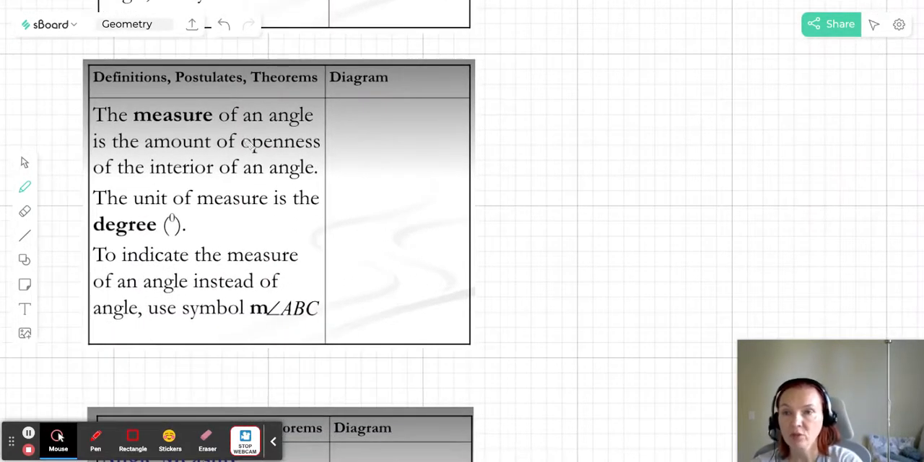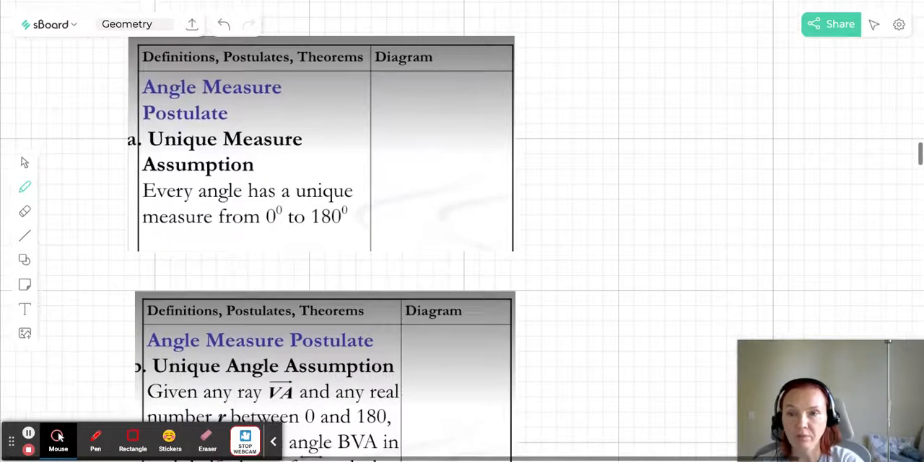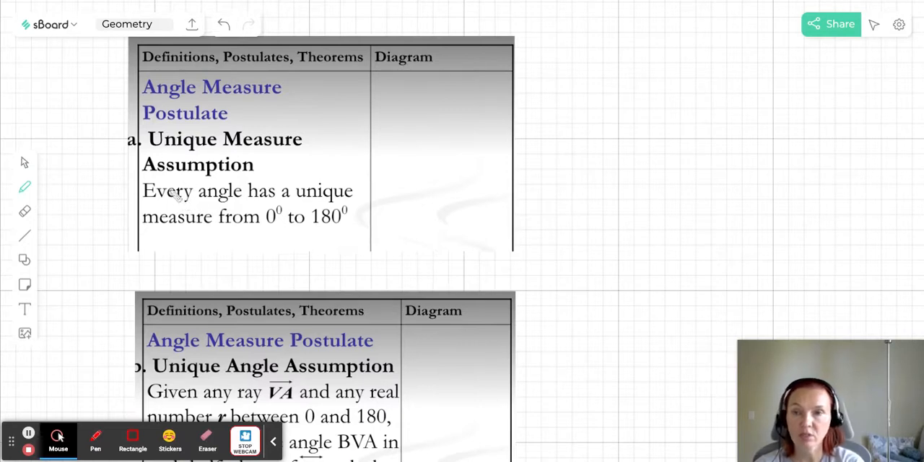Next, the measure of an angle. Oh, I already mentioned that. Okay, skipping this one. Angle measure postulate. The first part is the unique measure assumption, and that is the assumption that says every angle has a unique measure from 0 to 180. So in geometry, we're using this assumption. So if you have an angle,